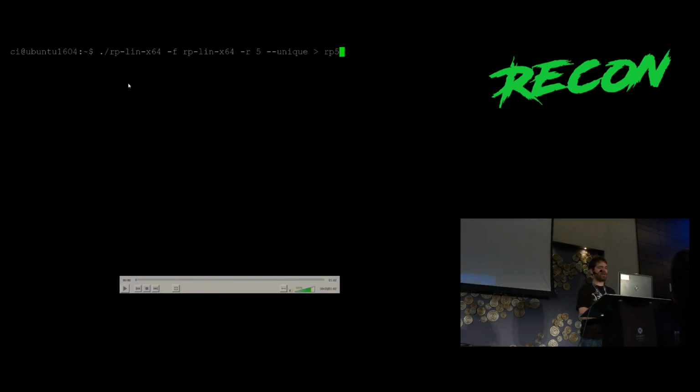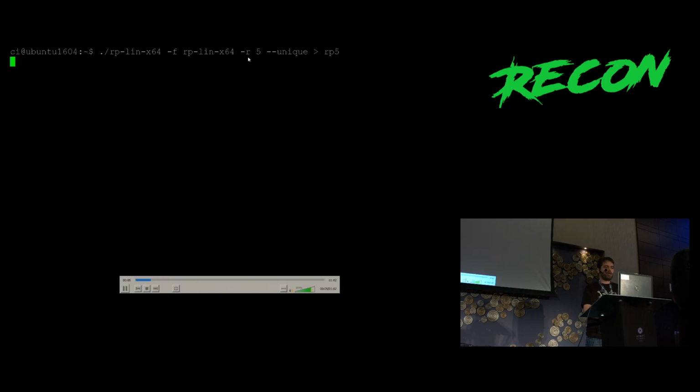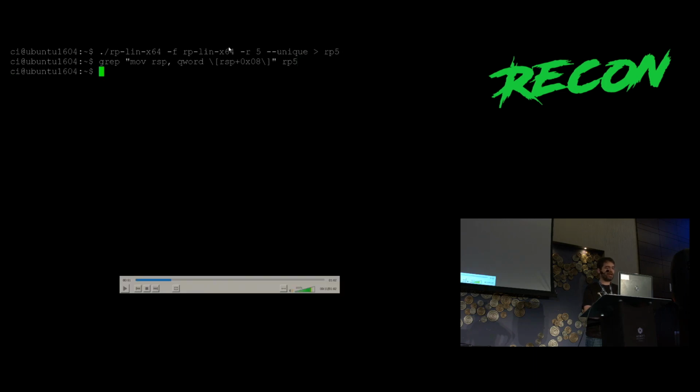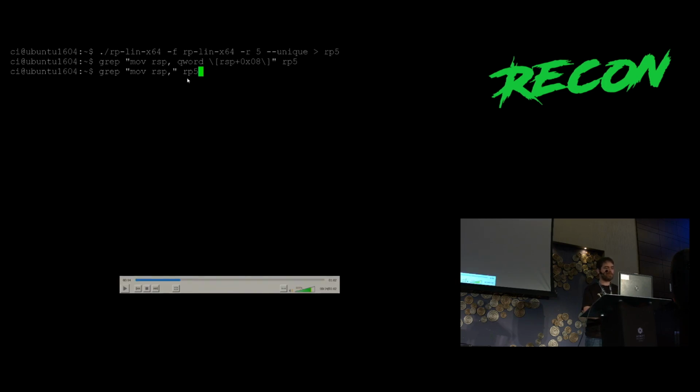The file we are looking for a gadget in is RP++ itself. We are looking for a gadget of size 5 instructions plus the return. And we'll see if we're lucky and there is any gadget that does exactly the instructions we're interested in. So there's none. So now, can we at least write in the stack pointer?